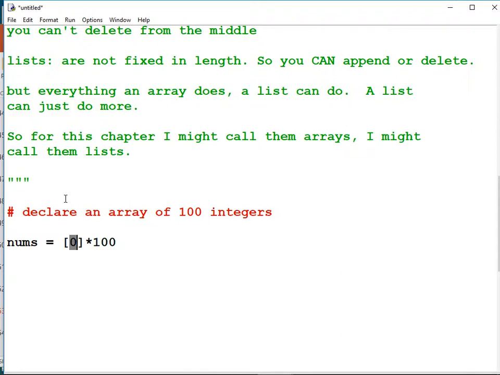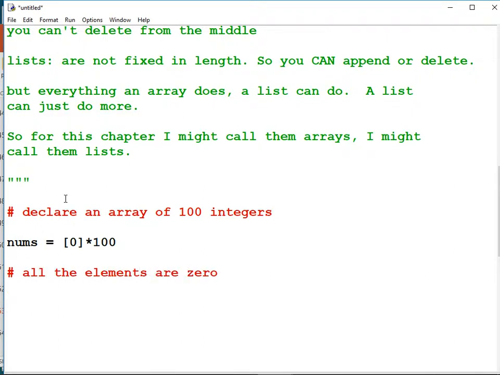If it needed to be 100 strings, we'd put quotes in there instead. That's declaring the name. All right. That is an empty array, though. Everything is 0 in it. I guess I wouldn't call it an empty array, but all the elements are 0.